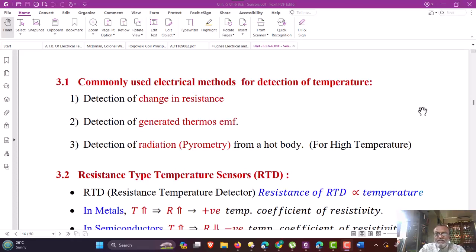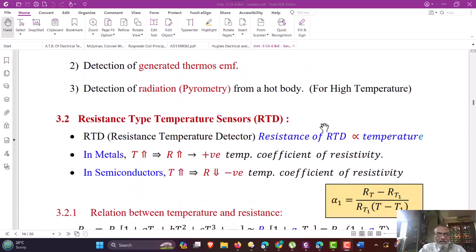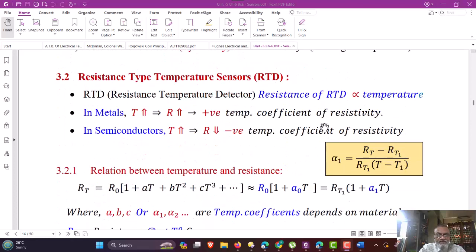These types of measurements are done for very high temperature measurement. Let us see the first type of detection method, on which the resistance type of temperature sensor is based, called